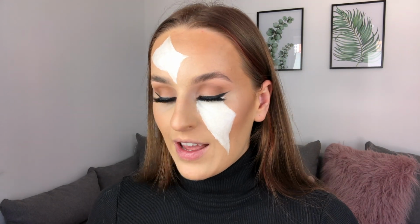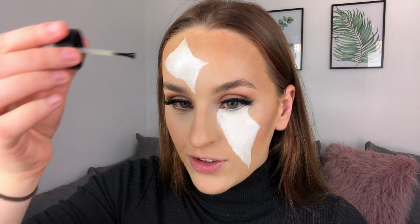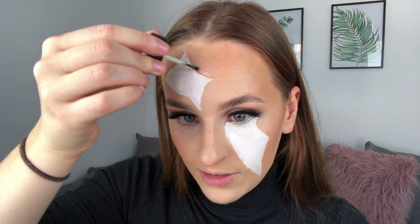And also one thing that I would recommend when you are working with nose and scar wax, pretty much any kind of wax, whichever brand it's from, have moisturiser on standby. Just not a lot, just a tiny little bit of moisturiser on your fingers. It's going to help you smooth it down a lot easier, because otherwise it also wants to stick to your fingers and it's a bit of a nightmare. And I am going to work in smaller areas at a time because I just find that that works the best. So I'm just taking the Spirit Gum and I'm just going to literally paint this on